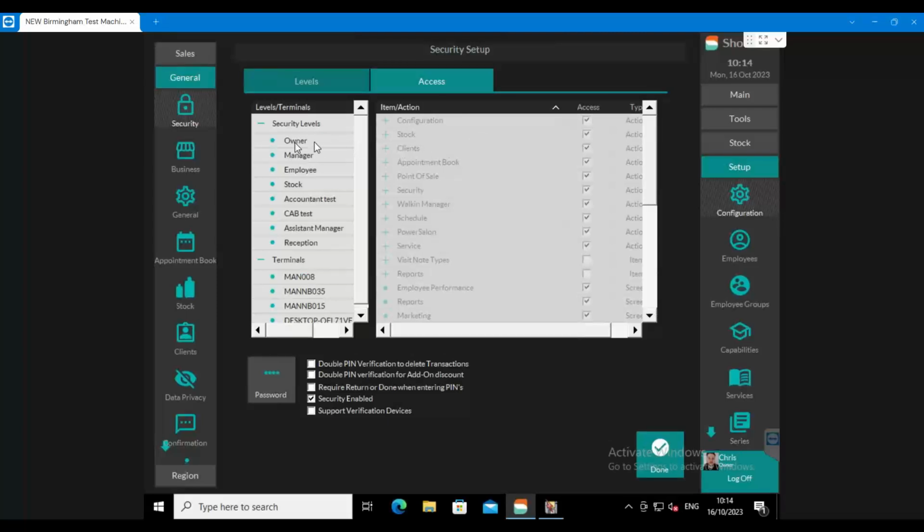So we're going to click onto that, and on the left-hand side, you will notice you have all of your levels just here. So I've just created this one here. Oh, I already had an assistant manager. I've abbreviated it, never mind. So I'm going to click onto my new level just here,